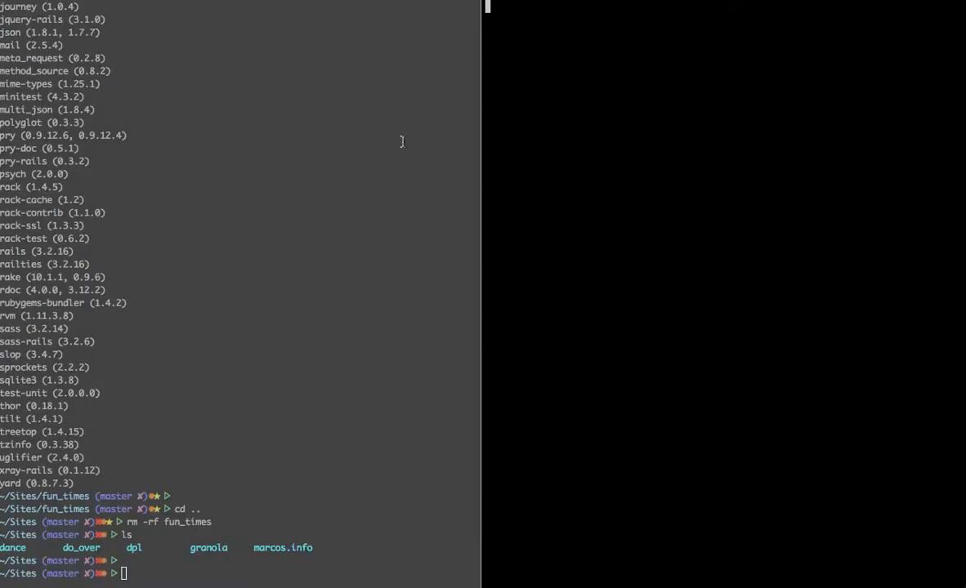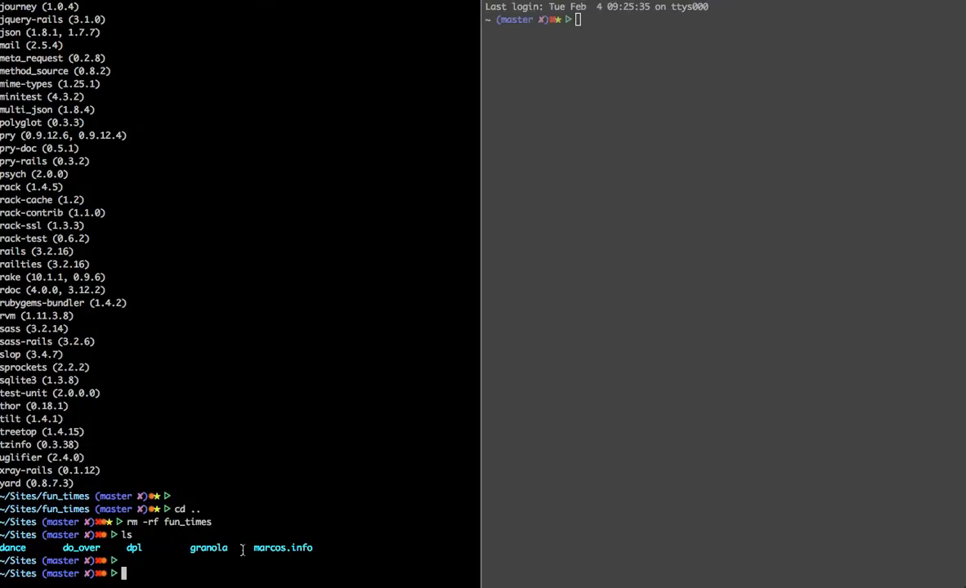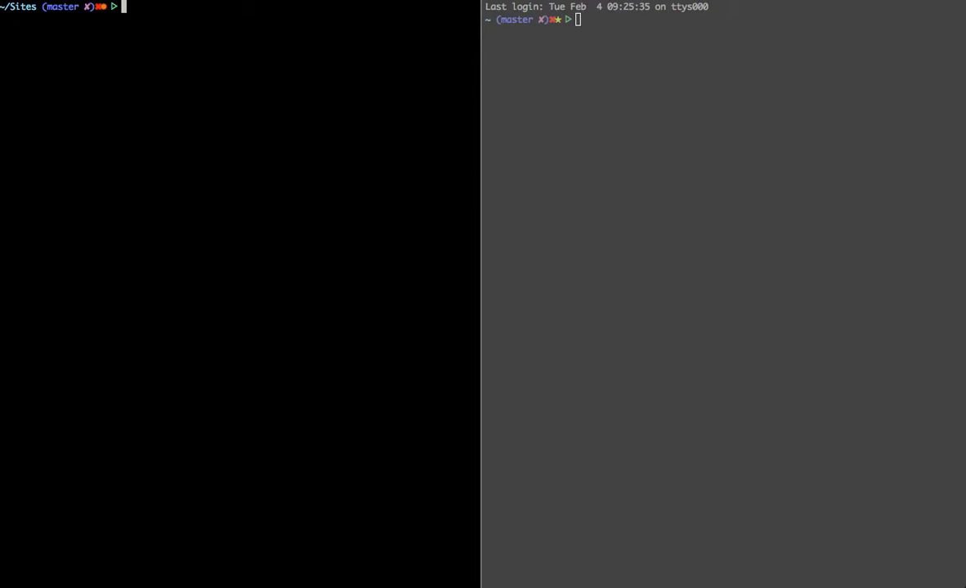I like to have my screen split. For that you just press Command D. Another function I use a lot is Control L. That clears the screen. Okay, so